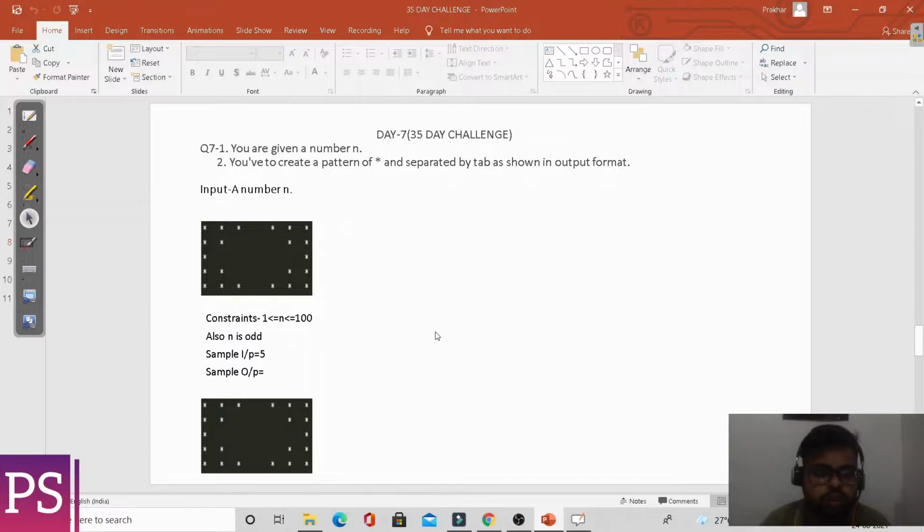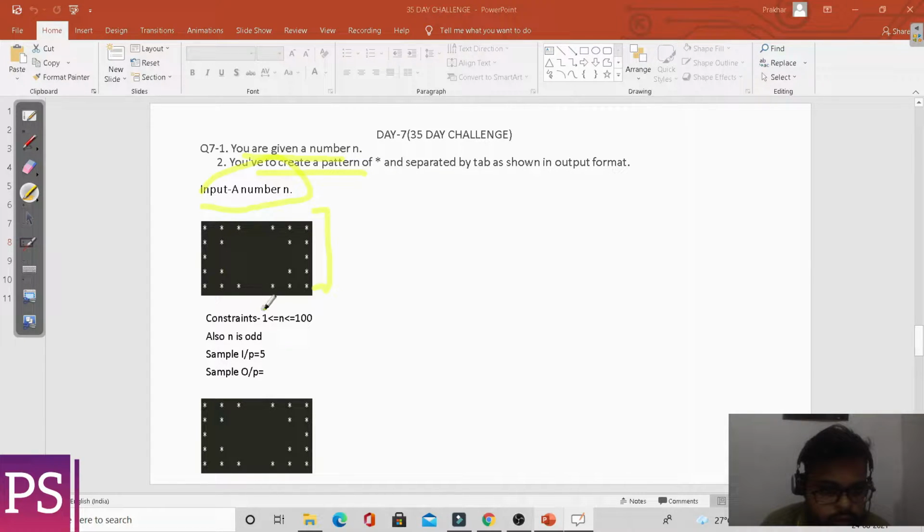We are going to solve this problem. As we always do, first we will read it. You are given a number n and you have to create a star pattern. The pattern should be like this. It is something like a hollow diamond, and we have to take input from the user.